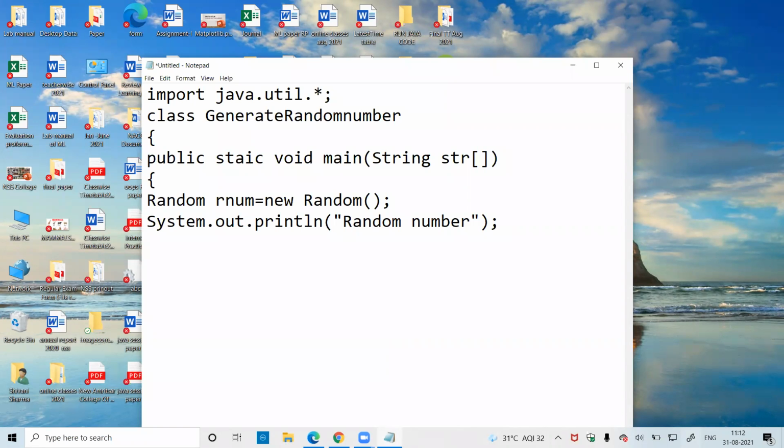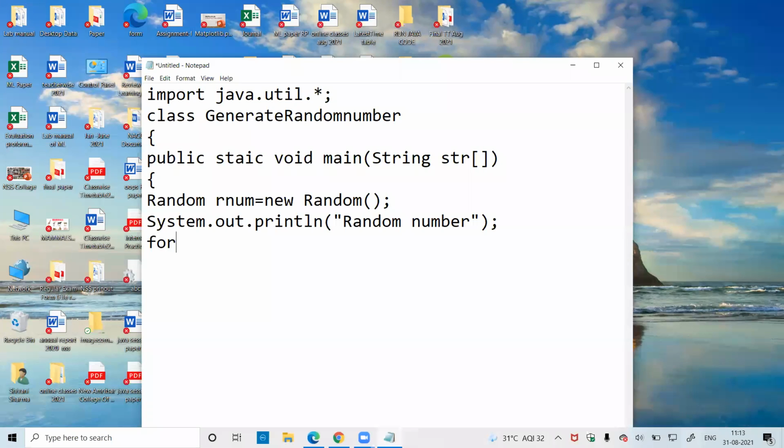Now, I want to print 5 random numbers, any 5 random numbers within the range of 200. Suppose I want to print any 5 random numbers which range between 1 to 200 or 1 to 100. Then